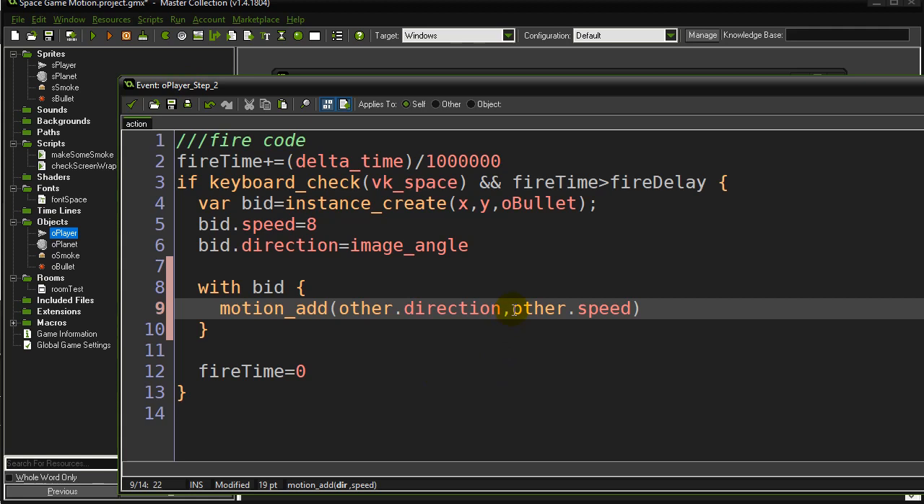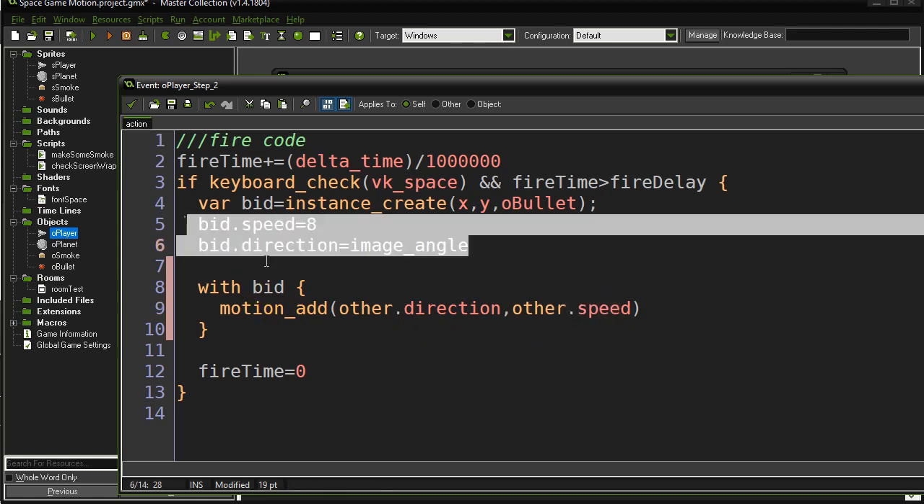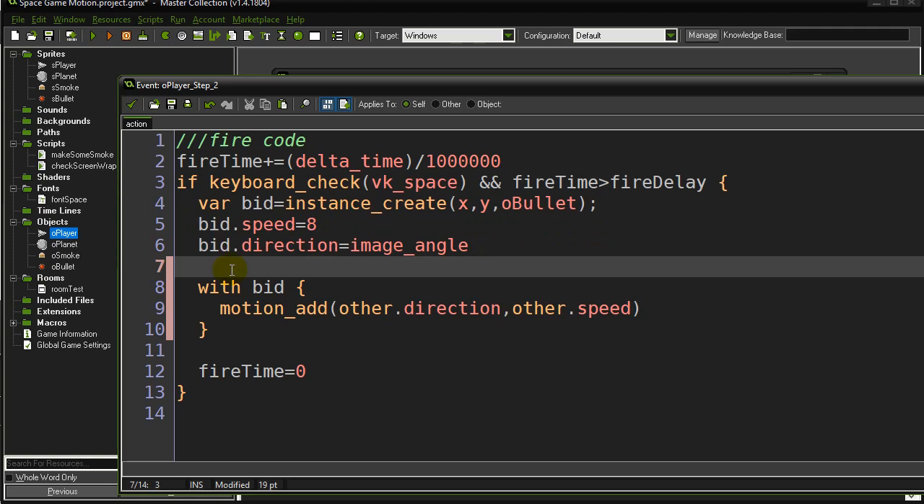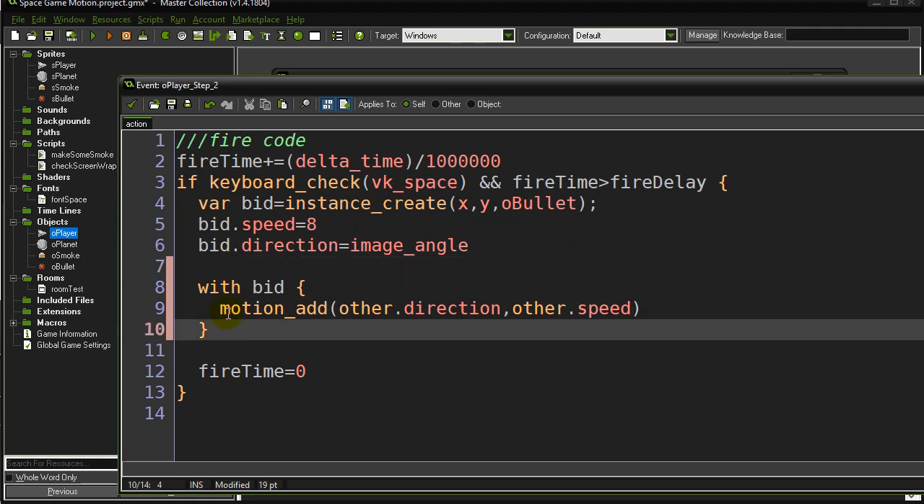And then the same thing with the speed. I want the speed of the player to be added on in the player's direction, so I say other dot speed. So if the player's direction was 45 and a speed of 3, then 3 is added on in the direction of 45 to the current speed and direction that I just gave the bullet up here. And that's that little bit of extra. And that's really it. And this causes the relative motion. So now when I run this,